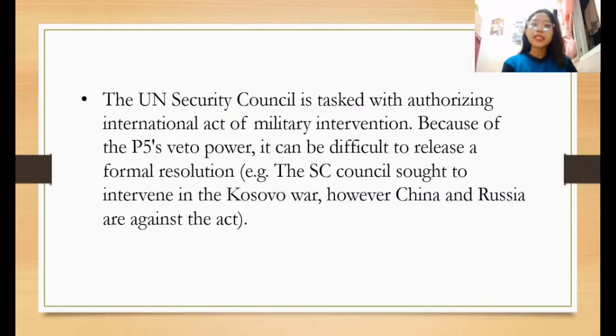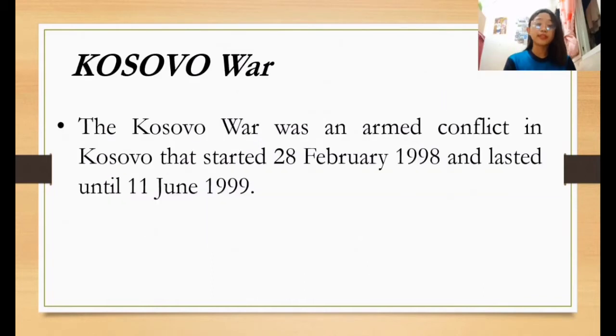So, the term peace and security is defined as the unity in a nation or state. It can also be defined as the absence of conflict and violence between its citizens. So, the UN Security Council is an international group rooting from the founding of the United Nations. Its members are China, Russia, United States, France, and United Kingdom, and they are also called the P5. The P5 has something called veto power, which means they can veto or cancel a resolution made by the other members. So next is the Kosovo War.